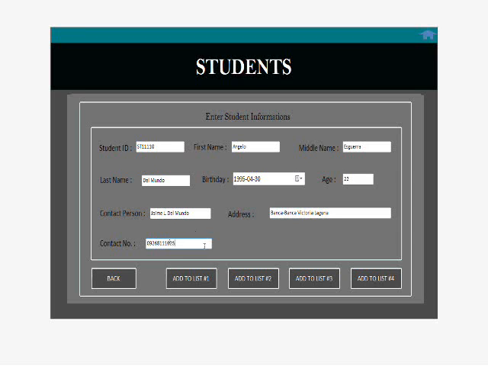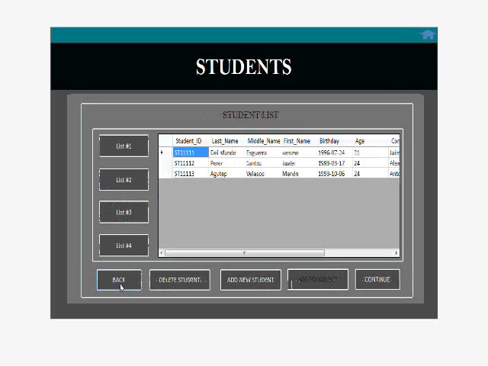Just add where you want to add this: list 1, list 2, list 3, or list 4. I will choose list 1. So, successful. Then let's go back, and we have to link. So there, our student.